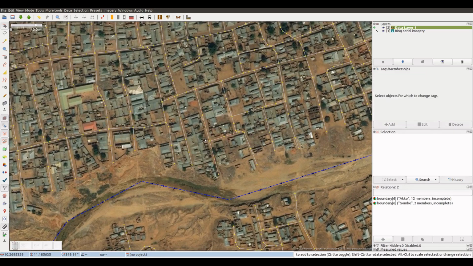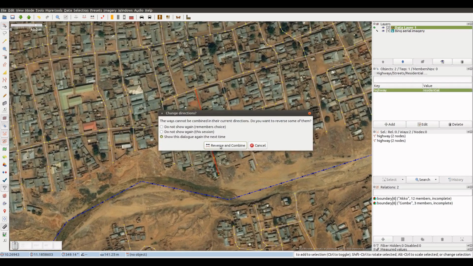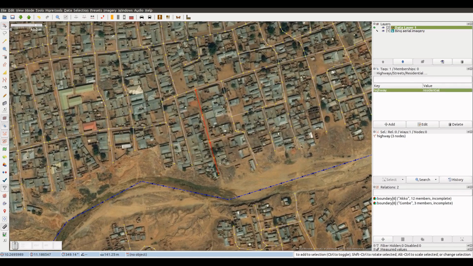In these cases, when we select the ways and we apply the Combine Way tool, JOSM will warn us that some of the ways have to be reverted their directions before we combine them into only one. We click the Reverse and Combine button and now we have the two ways combined into only one way, with the direction pointing to the north.